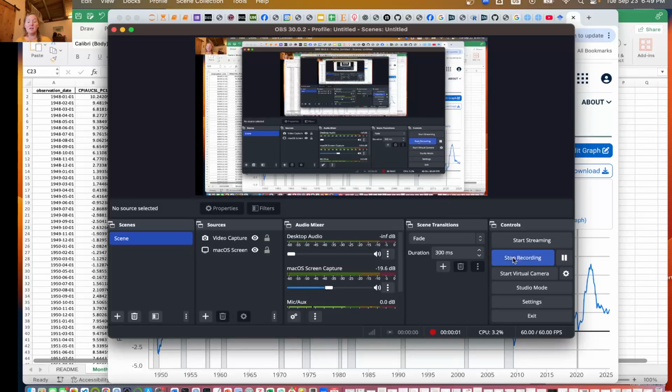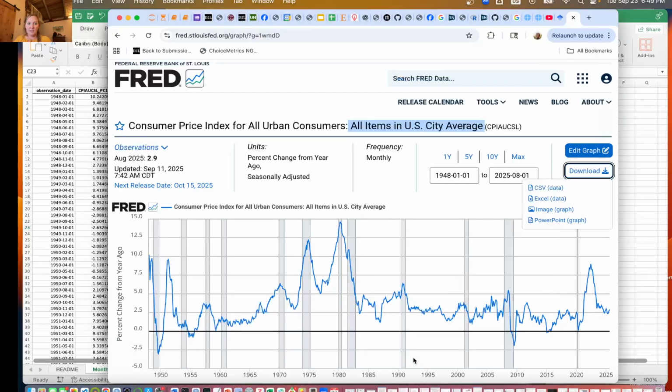Like I promised, I am going to give you an example of hypothesis testing with the data set that I said we should download at the end of class on Tuesday. This is from the Federal Reserve of St. Louis. It's the Consumer Price Index of all urban consumers of all items in the U.S. city. Essentially, what this is calculating is, from every one point, it's looking a year in the past to see the percentage change in inflation,